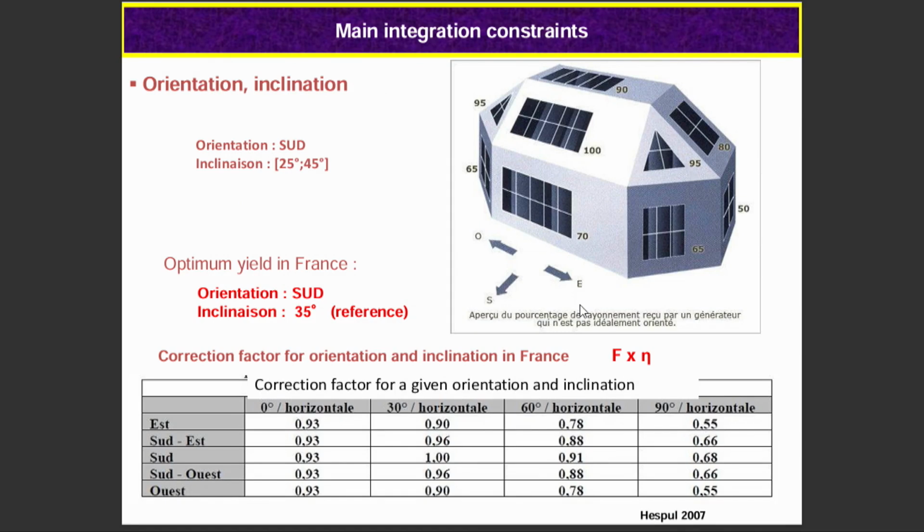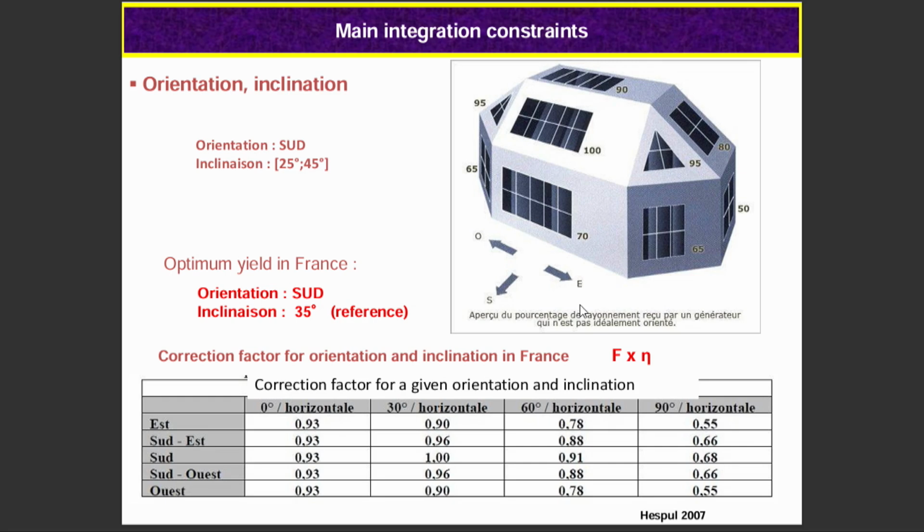At the beginning of the 2000s, it was only the integration in a roof south with a good inclination that was also supported by subsidies. Okay, it was impossible to think about integration in facade, in east, in west, but now it has changed. And here, for our latitude, the best inclination, if you want to maximize the production of electricity, is 35 degrees